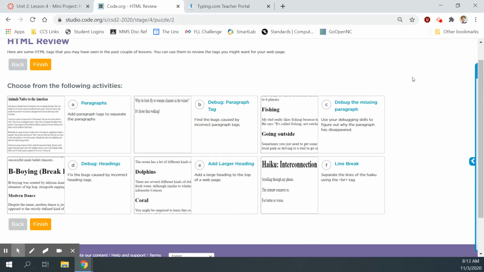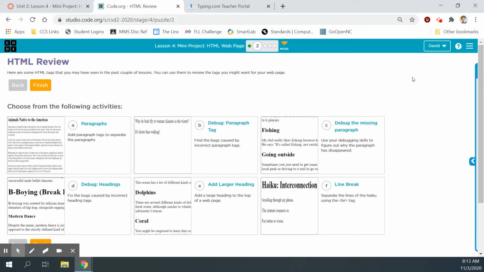All right, so lots of practice to do here, so let's jump in. Here are some HTML tags that you may have seen in the past couple of lessons. You can use them to review the tags you might want to use for your web page. So we'll go through each of these. We'll do A through F. But let's go ahead and start with A,